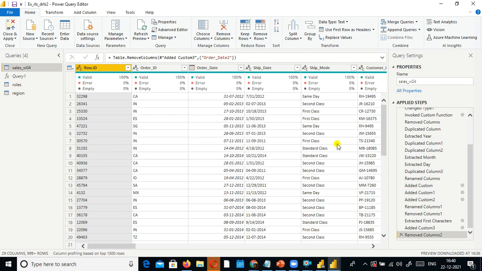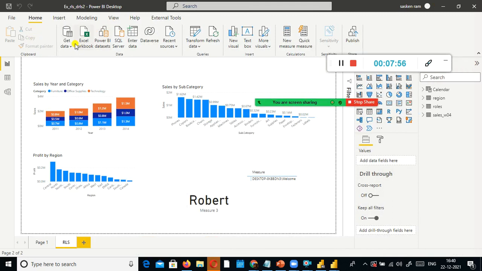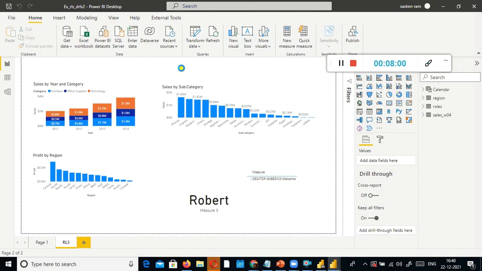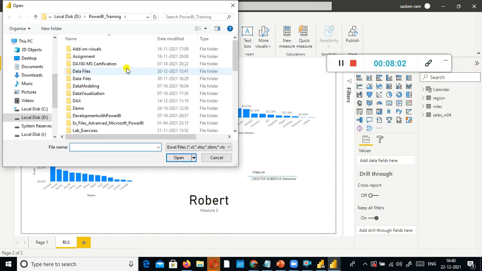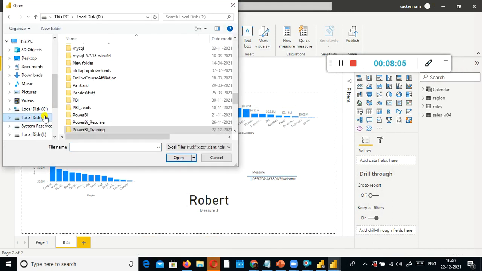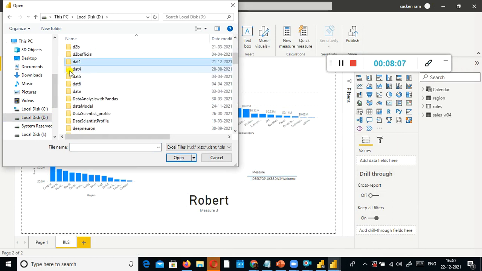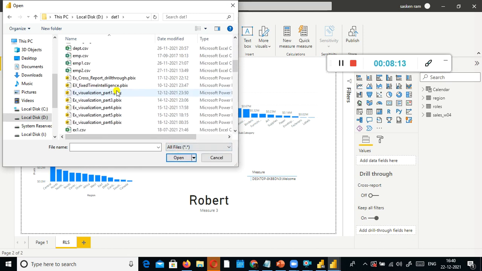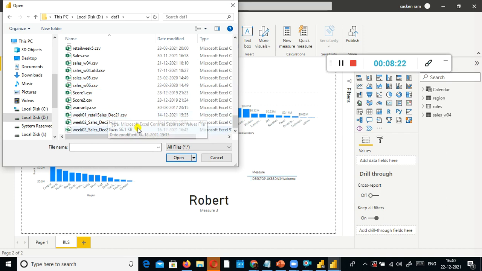First of all, we need to load the data here, and what we will do is go to get data, Excel workbook, and here you have something, and here week 01 and week 02.